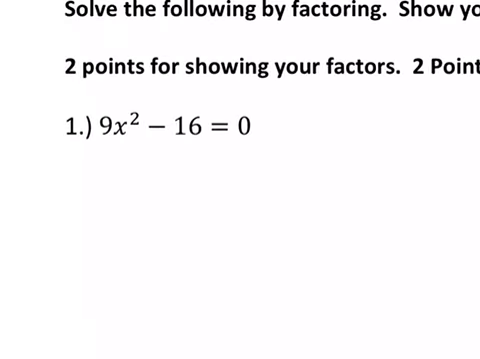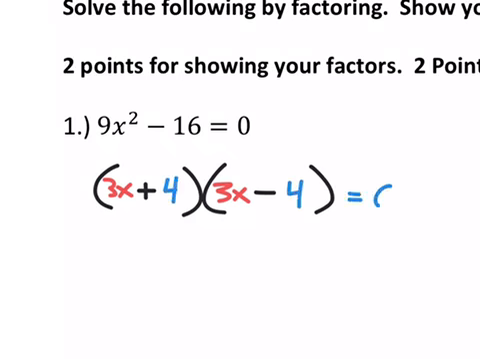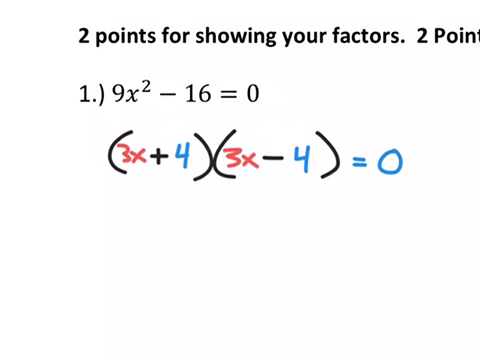Let's get started. I see two terms here with an x squared, so think of the sum and difference of squares. Now I'm visualizing our square roots of the 9x squared, which would be 3x and 3x. Square root of the 16 to be the 4 and the negative 4. So this is our factorization. So to find our x-intercepts, I'm going to set up both of these equal to 0